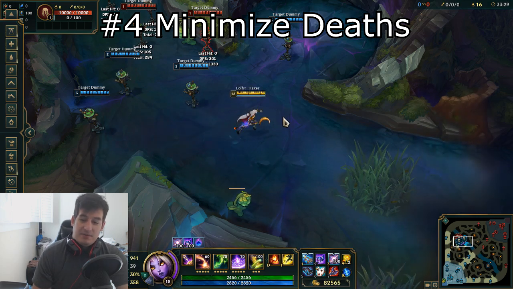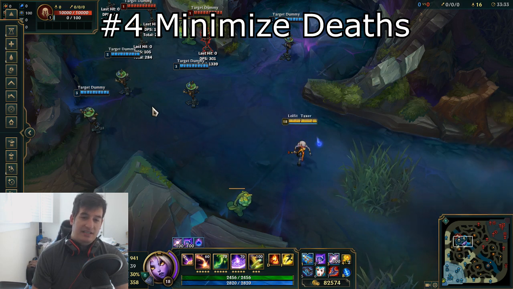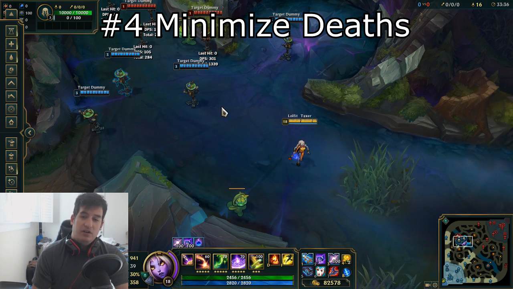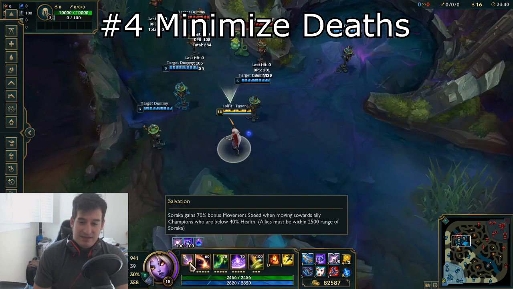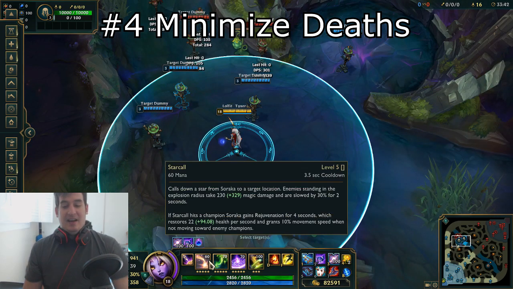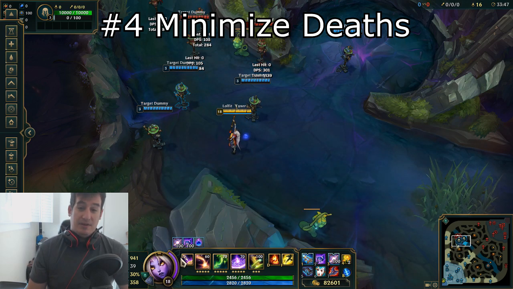Say an enemy comes right here where this E is, and she's coming and chasing me. If there is a low health target over here, you should look to kite this way and get away with your high movement speed from your passive. So again, your Q slow, and then your passive movement speed should really help get you out of a lot